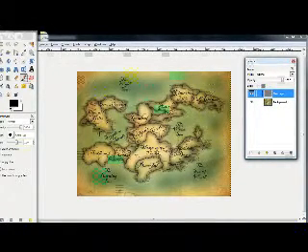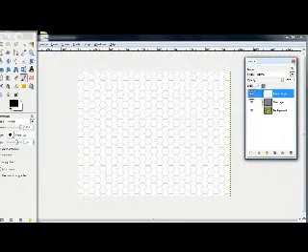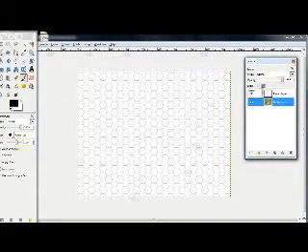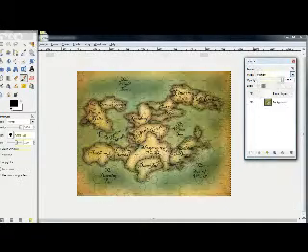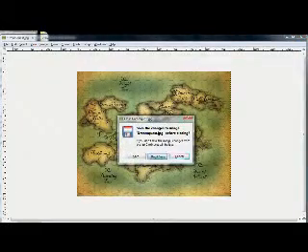How bizarre. Okay, I guess make that one a new layer and delete the other one. And then make this one multiply. There you go. Now you've got yourself a hex map and you can determine just how faded it is. Anyway, I already have my own hex map, so